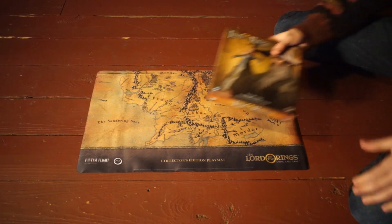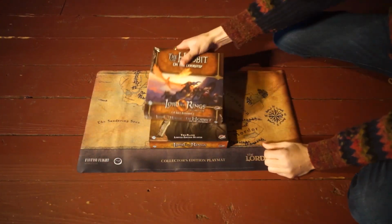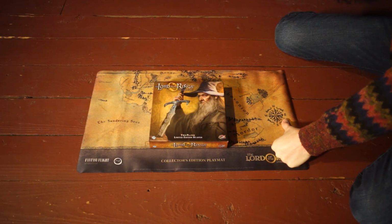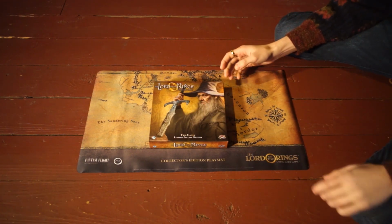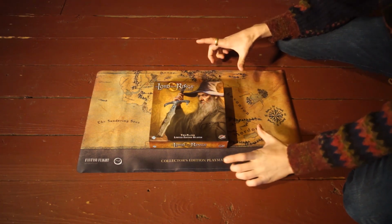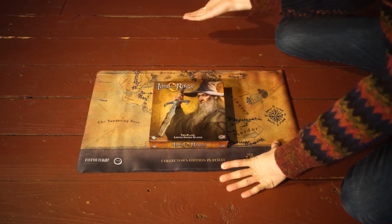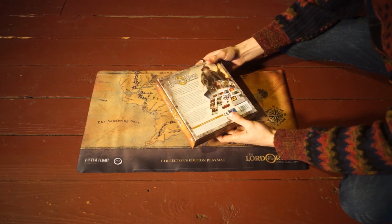And then another funny fact is, look how small this is. It's the same exact size as the Saga expansions, which is even funnier because when I bought the original box, I said it was ridiculous. I put all my cards in a couple other different card game boxes that were smaller. And then when they re-released the core set, they made it Arkham Horror size, so it was about this big. And then this one is tiny, which I love. I think this is all the cards for the core set, so I'm assuming it's just going to be a small... I literally took the plastic off this and nothing else, so...